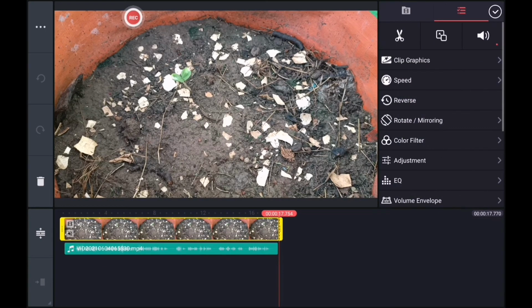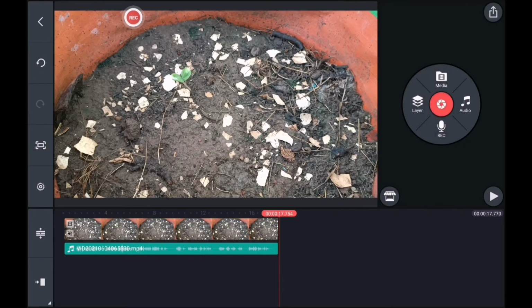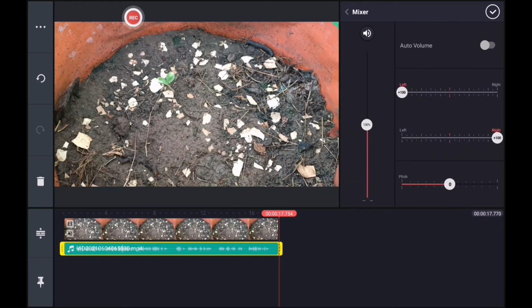So see, you select that video, go to volume. This volume is switched off. This is very very important. If you put that volume on and put this volume also on, then the net result won't be efficient. So you have to switch that off. So here, if you want to increase the volume, you shall increase the volume. When you are having 2 or 3 clips, this is a single clip video. If you are going to combine 2 or 3 clips together, then you should put this auto volume on, so that you won't see much variation among those videos.